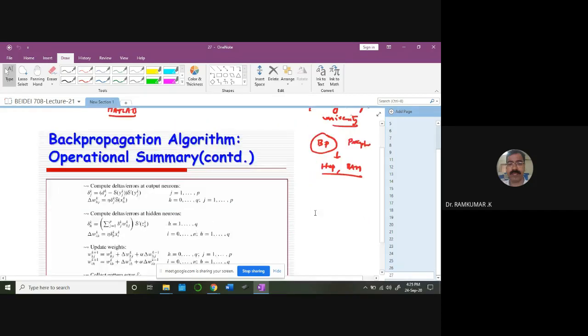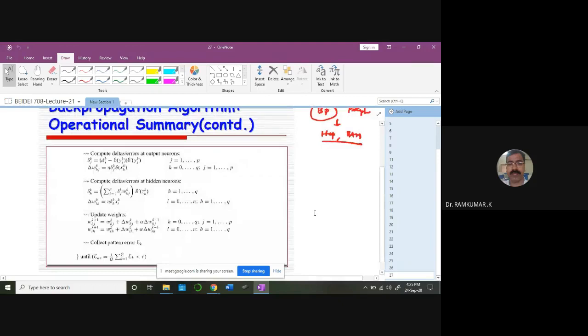The second step, what you are doing, you are computing the deltas. So delta J you compute for the output layer for each and every neuron. For example, if you have 3 neurons in the output, the first one will be a function of the activation function, y1 for the kth iteration, second one y2 for the kth iteration, and y3 for the kth iteration. These are all the outputs you'll be getting, that you are comparing with the desired output d. So you compute the delta jk like this, and then you have to find out the S bar of yjk.